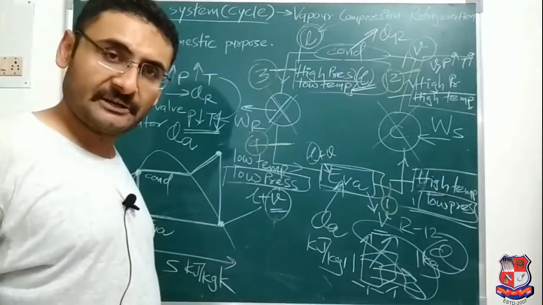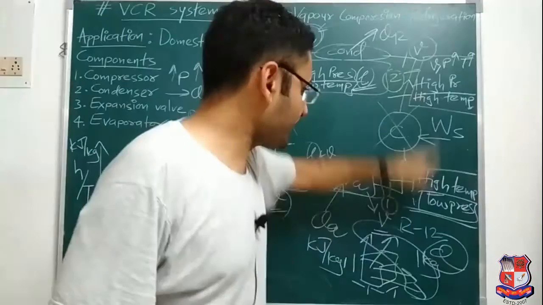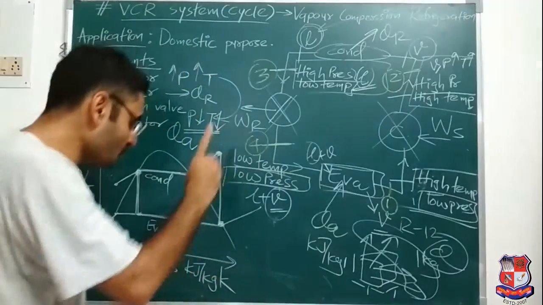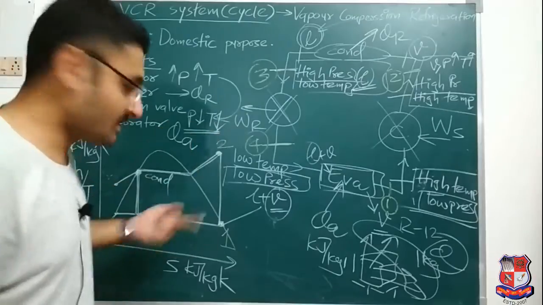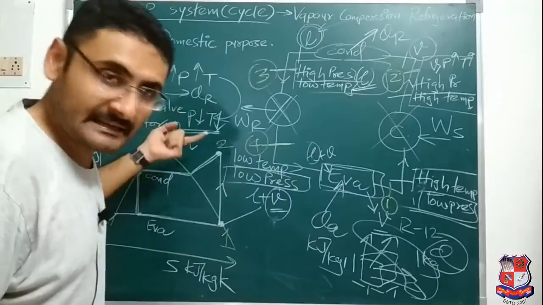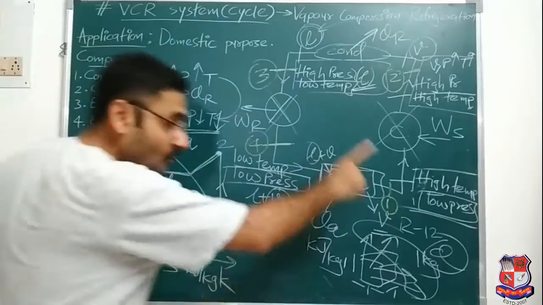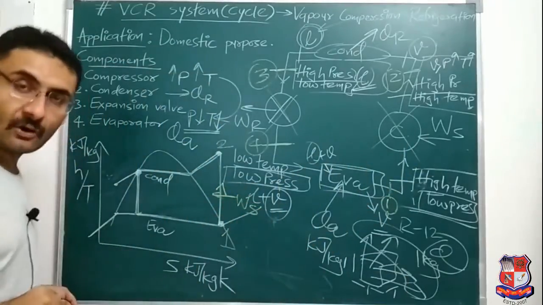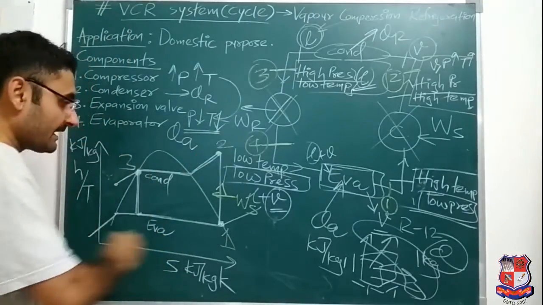Then the cycle may continue. Now in 1 to 2 what happens? Pressure is increasing, lower pressure to higher pressure. So 1 to 2 pressure is increasing. So if I write 1 over here and 2 over here, what happens? Pressure is increasing, and since pressure is directly proportional to temperature, temperature is also increasing. So in 1 to 2 pressure is increasing and temperature is also increasing. And how can you increase pressure and temperature? By supplying some work. So I will write it like this, WS or WC also, right? C stands for compressor.